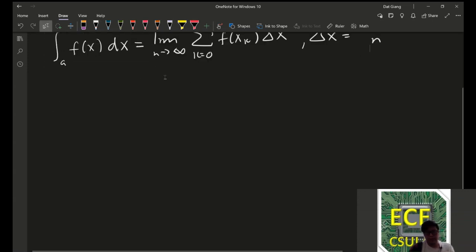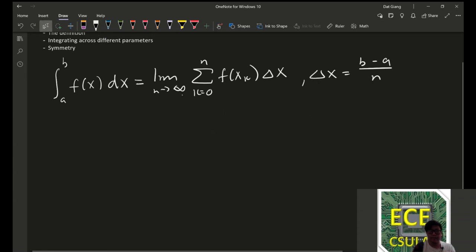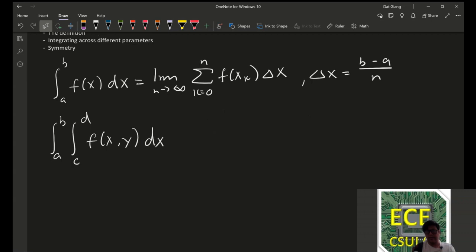Now, for multivariable integration, we have the same thing, except across many different parameters. So, to start off, let's suppose we have the integral from a to b and c to d of f of xy dx dy. Over here, this is equal to the limit as n and m go to infinity for both cases